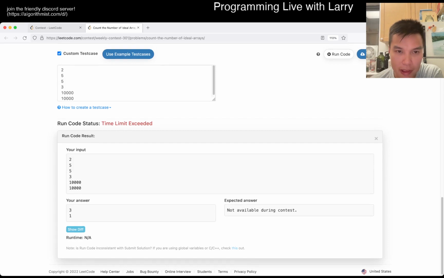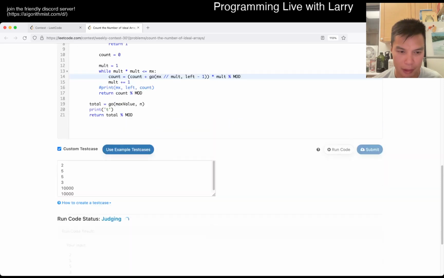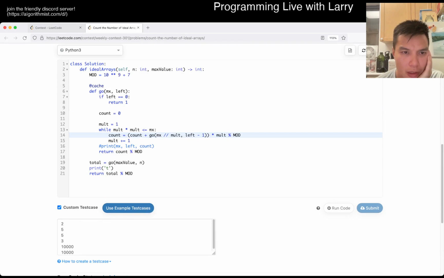but it's still too slow. I mean, this is wrong, but that's because we have to do a multiplication factor. Number 3 is going to be 3, 4 is going to be 4, and all the way through to n log n, and then there is just n of these or something like this, right? Or something like that. Maybe it's off by a little bit, but that's fine. It's gonna time out, but I